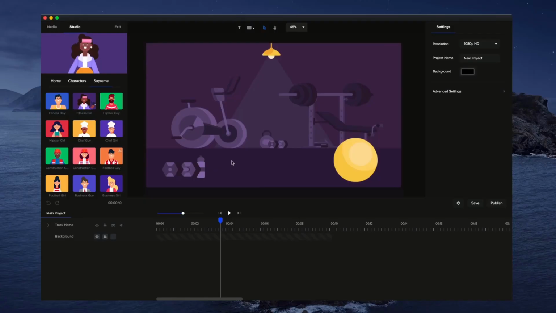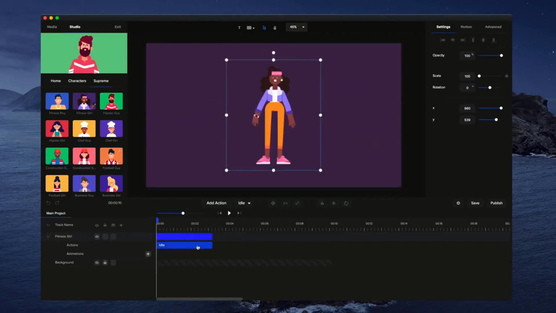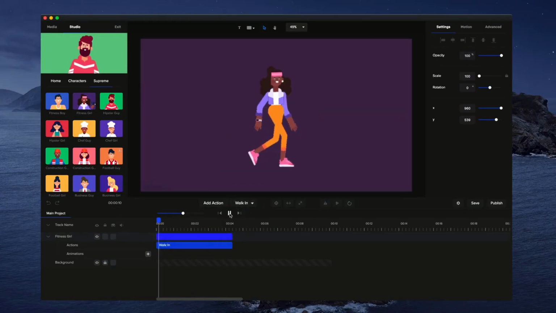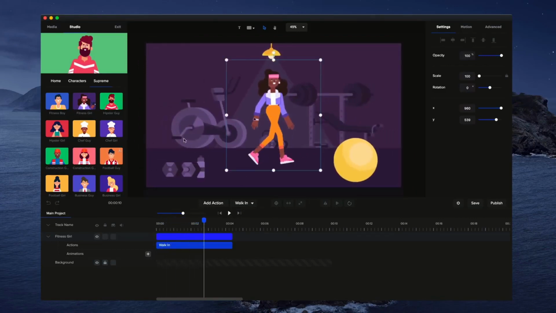Hi, in this video, you're going to learn how to create a walking sequence with a character inside CreateStudio. So I'm just going to grab my character and drag and drop her onto the canvas. What I'm going to do is select a different action. So I'll select the action, go to the drop down menu and go to walk in. Okay, so now I've got this nice walking in kind of animation,